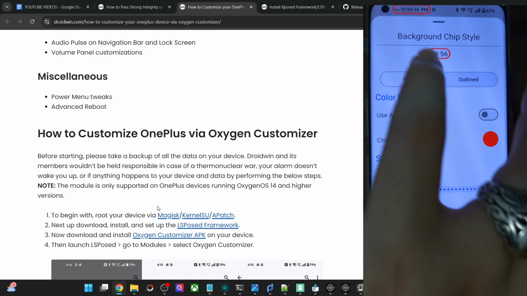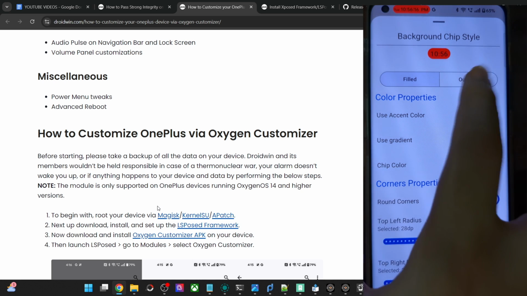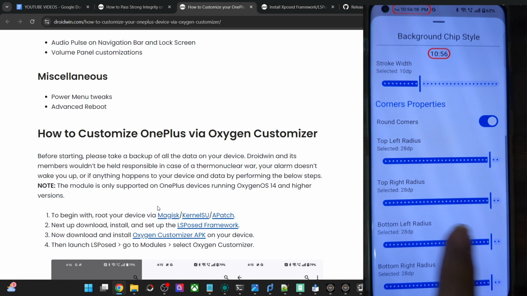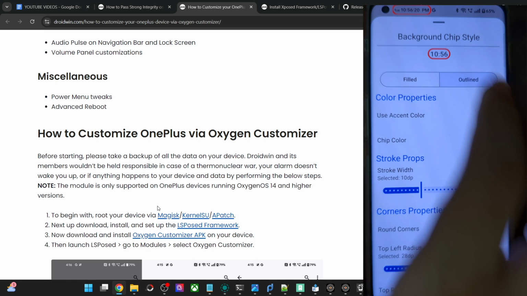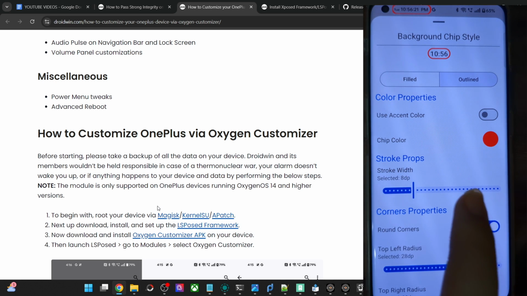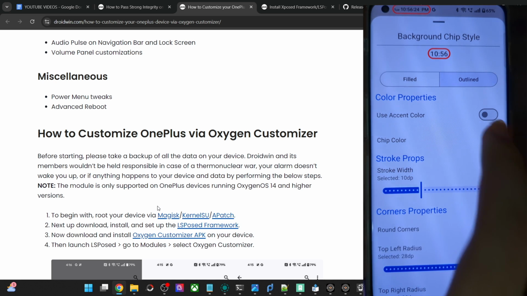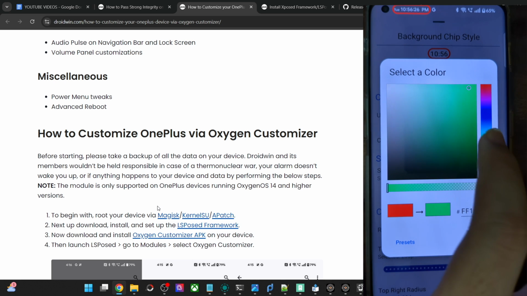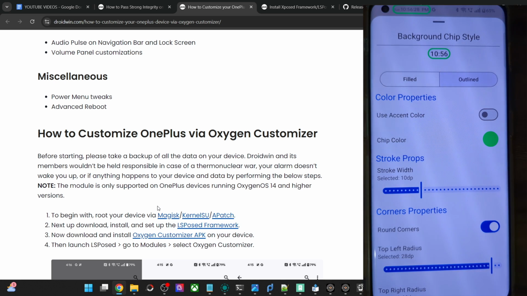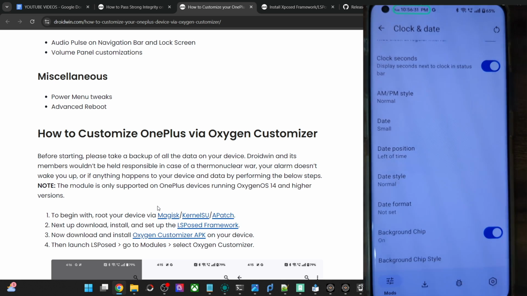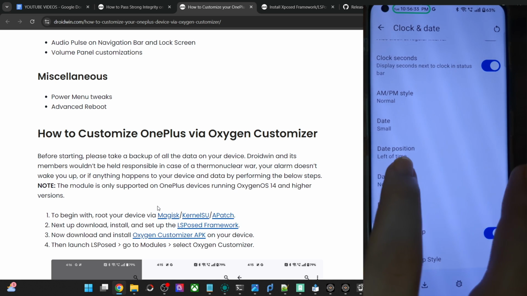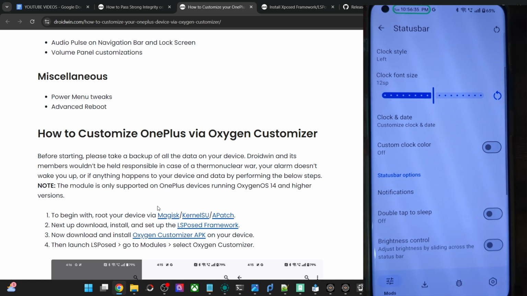So you may enable filled as, and let's have a look. You may change the color from here if you want, and change the radius of the circle as well, and increase or decrease the width of this. And let me go with any other color, and let's have a look. This is much better.